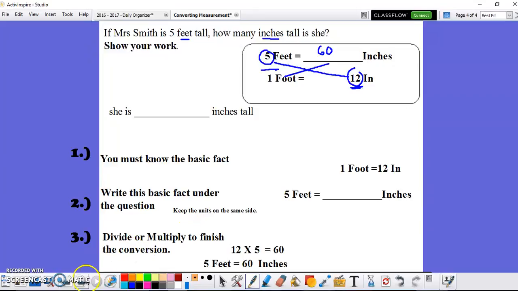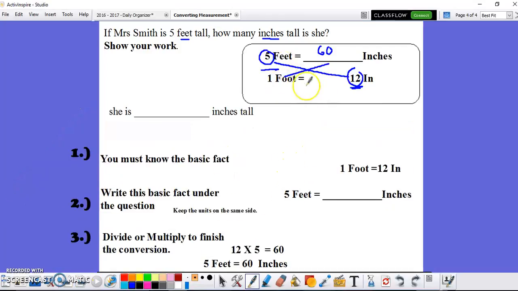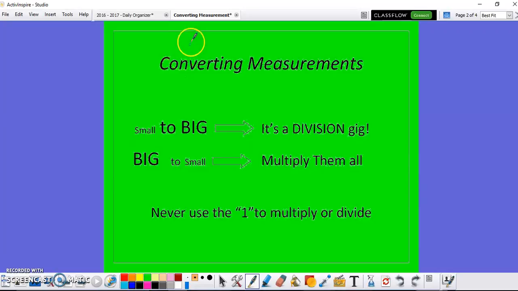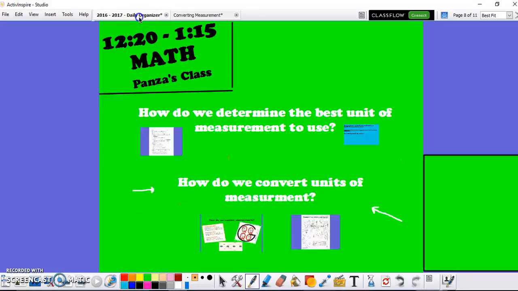Now, those are just a couple of ways that you can remember converting units of measurement. Small to big, it's a division gig. Big to small, multiply them all. If you can't remember that, just put it in a fraction. If it's a fraction, you divide, or cross it up, and if you cross them up, you multiply. Follow these 3 steps, and you will be able to convert units of measurement, whether you're converting metric to metric or customary to customary. I hope this helps